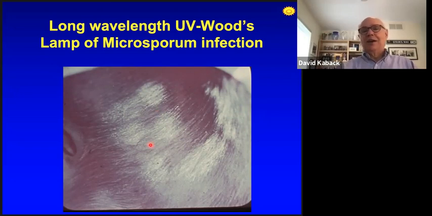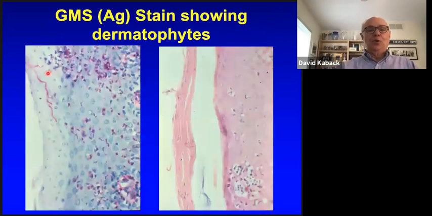called the Woods lamp. All right, if you were to do a cross section of infected skin, you might find some fungal tubes growing in the outer layer of the skin. You might find slightly a little below that some yeast cells in the case of a tinea versicolor, shown here.